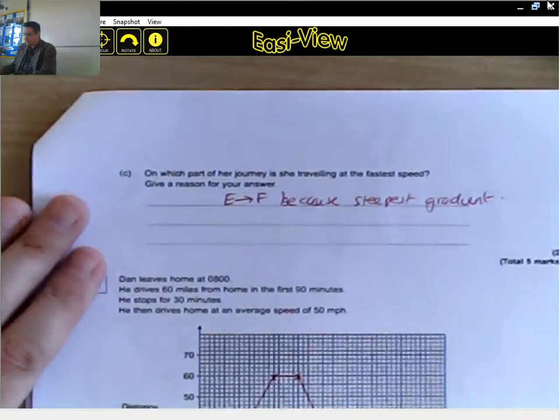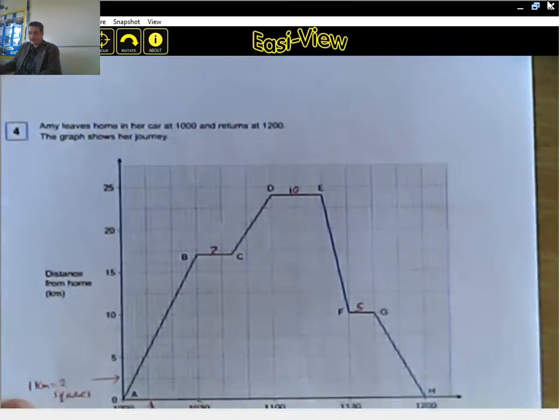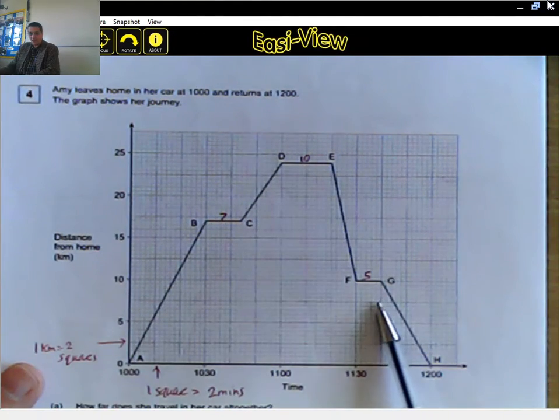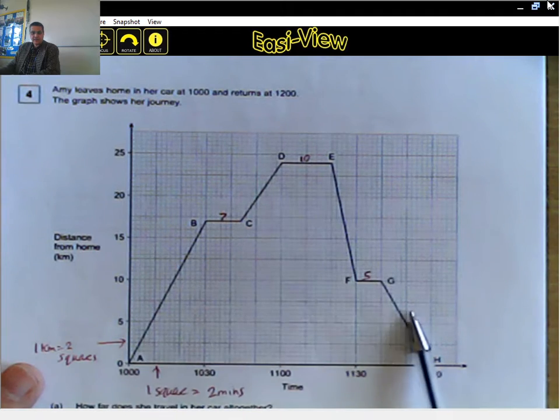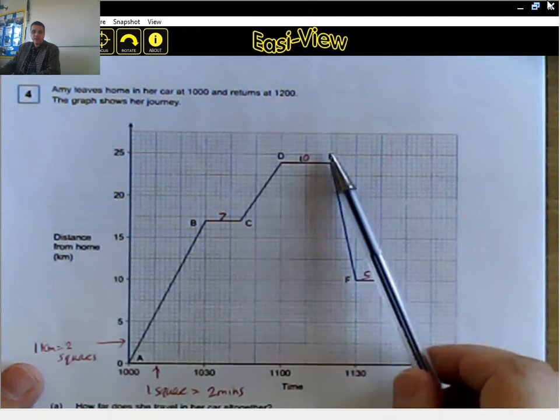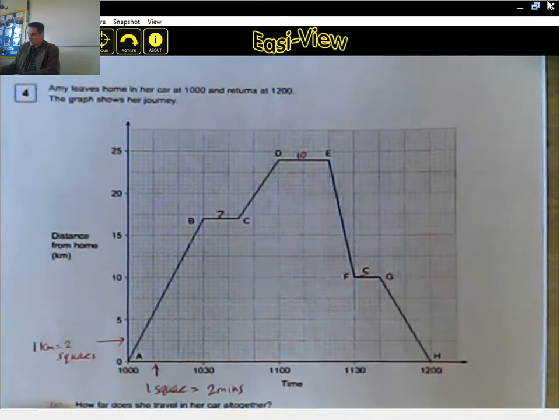On which part of the journey is she travelling at the fastest speed? Give a reason for your answer. Well, you're looking for the steepest gradient, and clearly E to F is a lot steeper. Admittedly, coming home, going the other way, that's a lot steeper than that, and it's a lot steeper from A to B than A to B. Therefore, the steepest part of the journey is from E to F on the way home, and you've got to